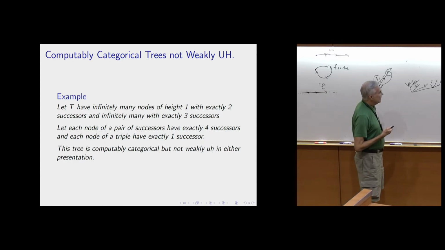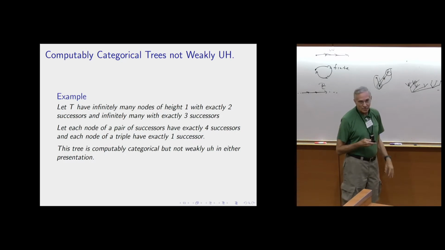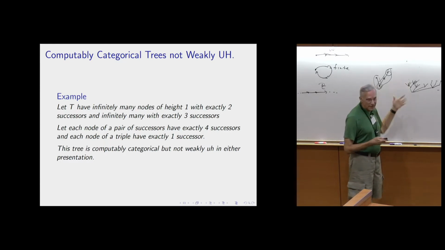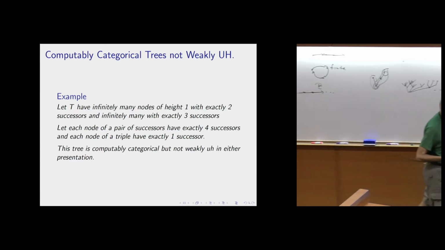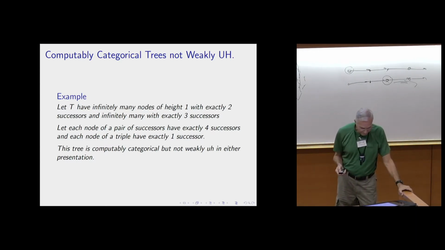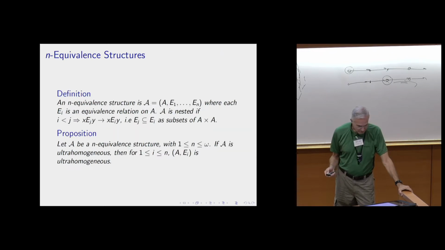The idea there is just that when you have the larger number of branches, you know it when it happens, so you wait for that to happen. If you have the smaller number, you can just look one more level, and then you're going to have the larger number there. So this is still computably categorical. So this is a difference.